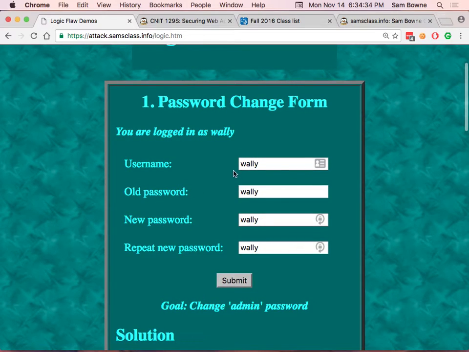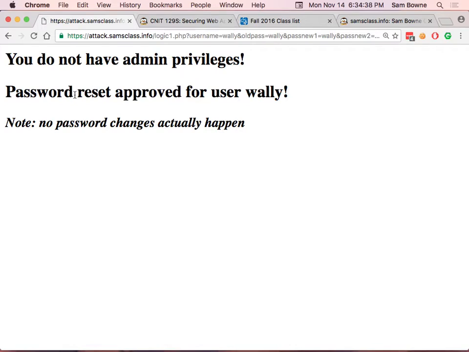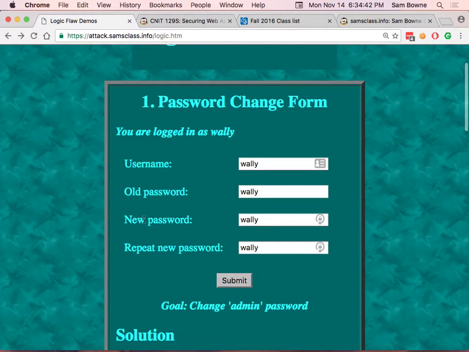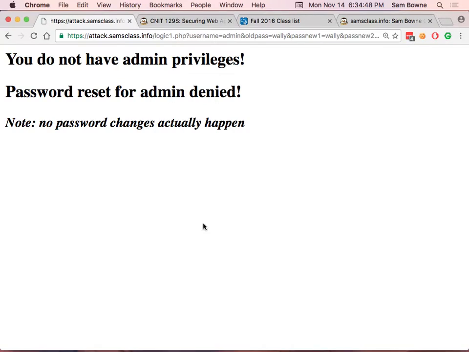So I'm logged in as Wally. Old password, new password. I can submit, and I've got a password reset approved for Wally. But I want to be the administrator, so I have to change my name to the admin. And then when I try to change the admin password, it's going to say I'm denied. Because, and you can see the request up here. And the trick is, now if I just don't fill in the old password field,